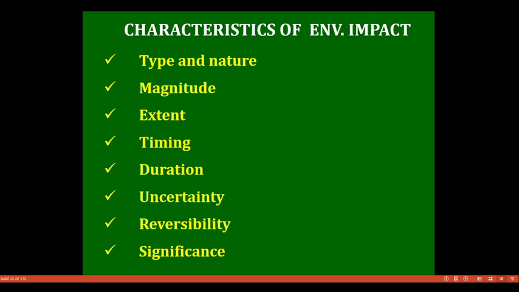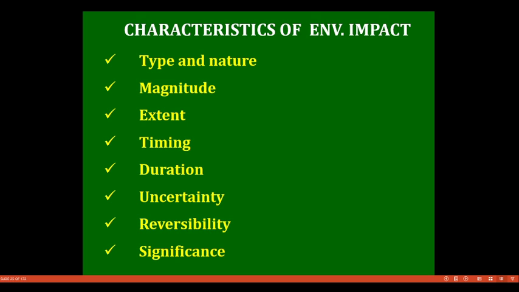Then we come to the extent of impact. It's actually indicating the spatial coverage of the impact, whether it is confined to a small area, a moderate area, or a large area. So the keywords that we use in connection with the extent of impact include local impact, regional impact, transboundary impact, and global impact. Some of the impacts may be crossing one nation and going to another, or it can be